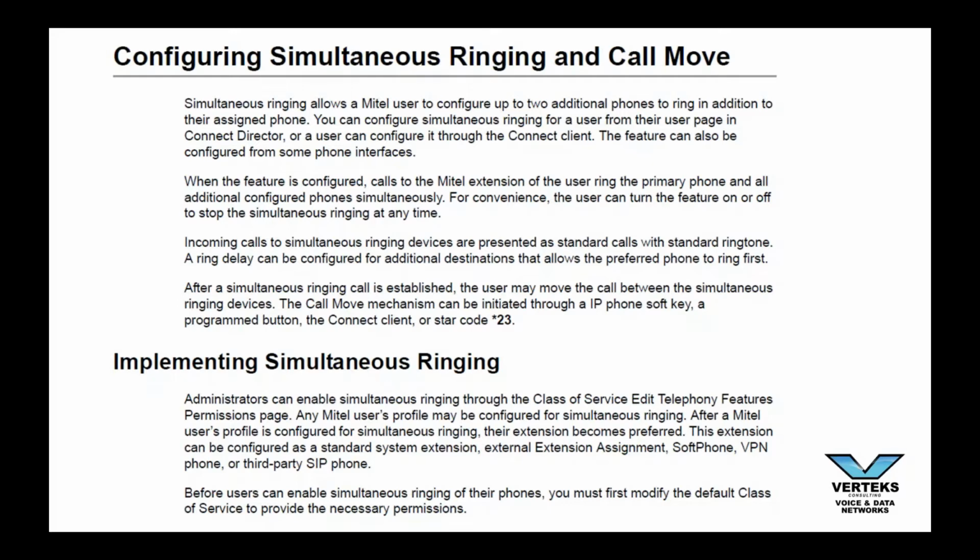One gotcha with implementing Simultaneous Ring that I want you to be aware of. When you're using Simultaneous Ring, remember, it is using an extra phone line to call that cell phone. So there is a class of service setting necessary to allow a user to use it because it is consuming a phone line. So I'm going to go ahead and set it up for you and let you see what it looks like. Let me pull up